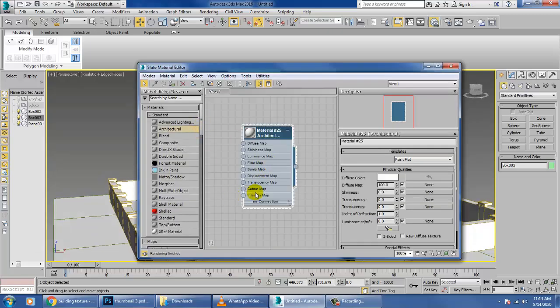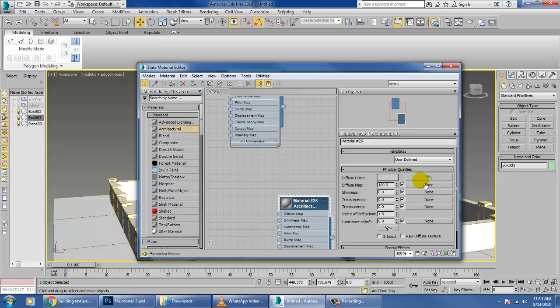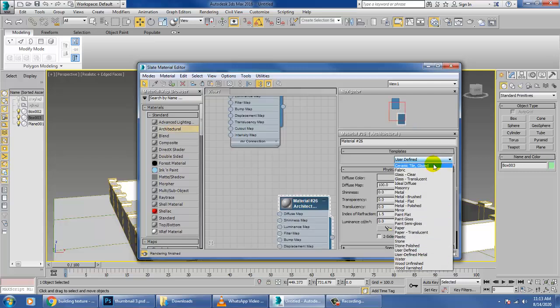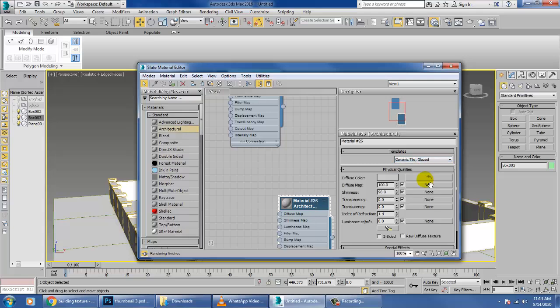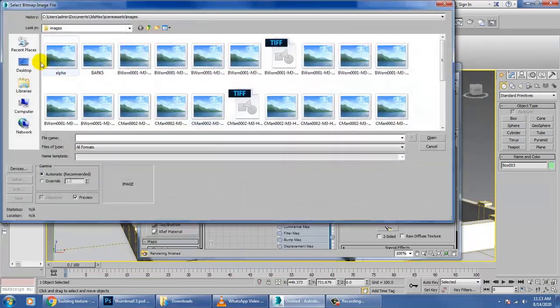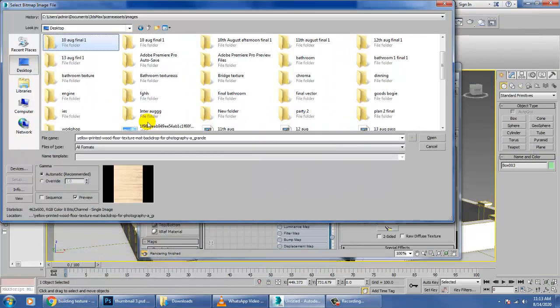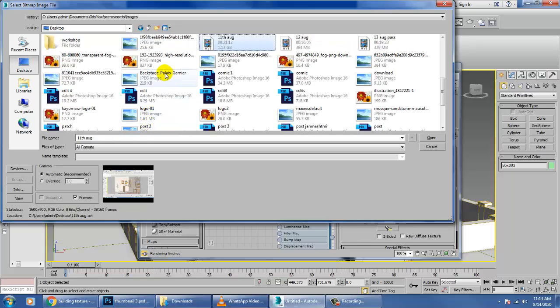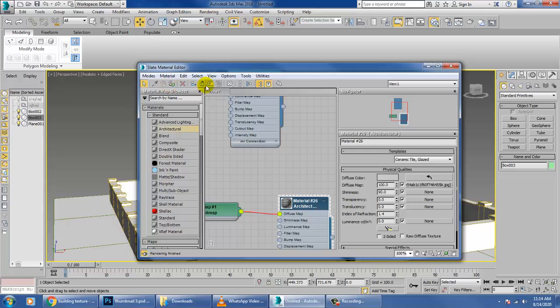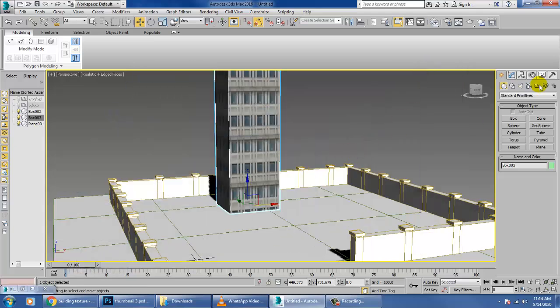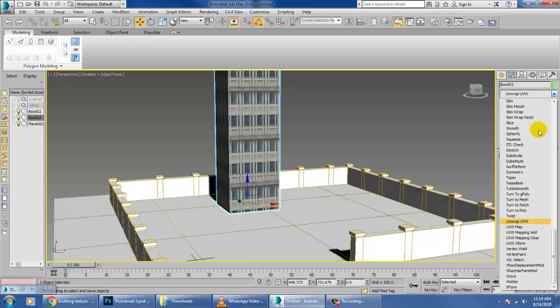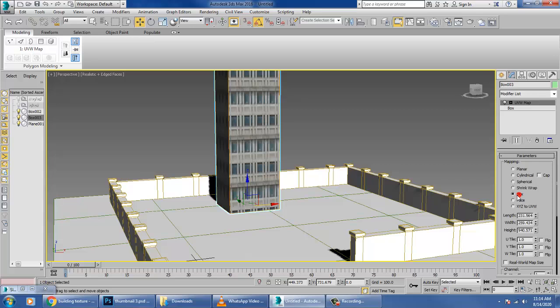Let's go into the material. We'll just give any color to it. Let's go into the bitmap. So just assign this. So let's go into this and give a UVW map. Set it as a box. Alright. So if you have something like this,